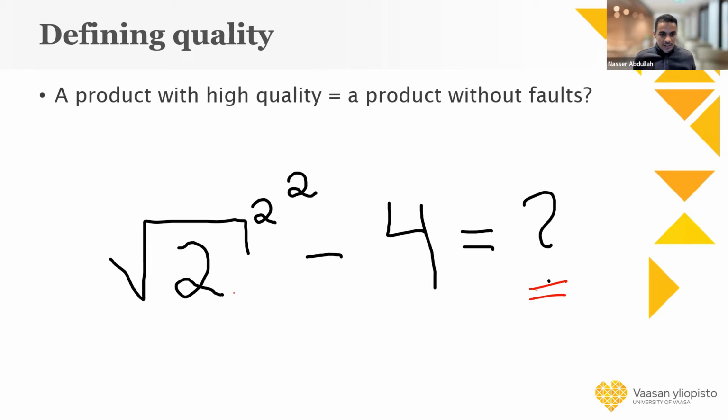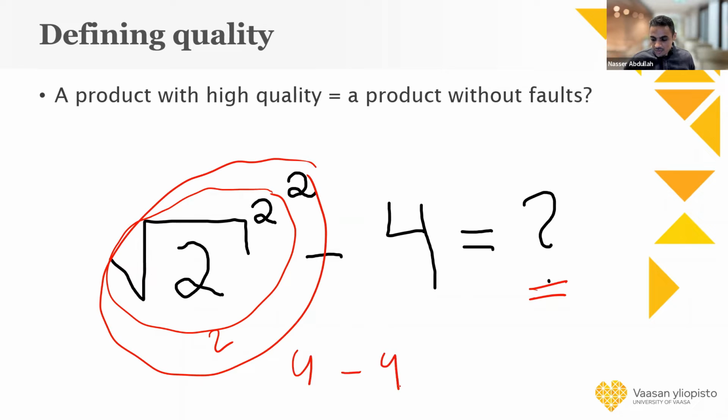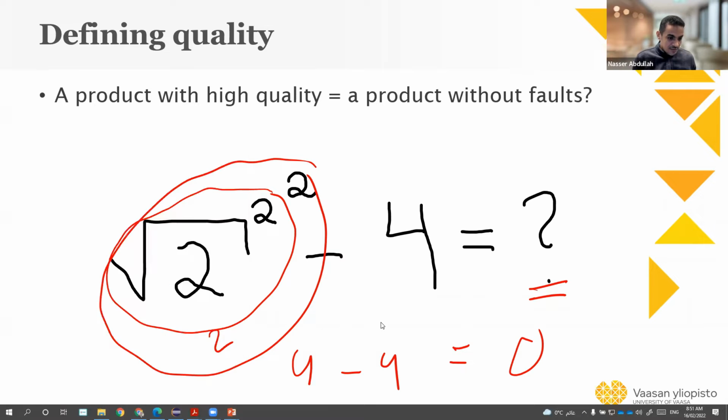If you calculate it, you know that's okay. Together this will come to 2, because you take the square root and then you power again. So it will be 2. And then 2 power 2 will be 4. Yes, the result of this will be 4. So 4 minus 4 will be 0. But if we now just do the calculation on the calculator,